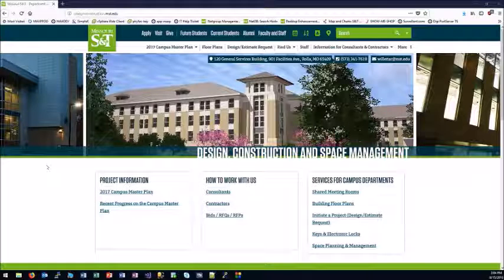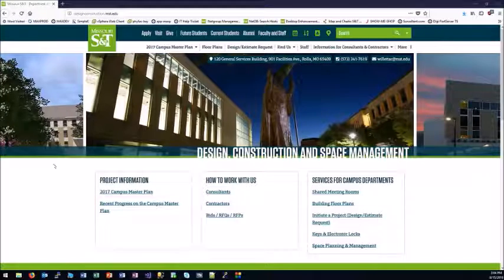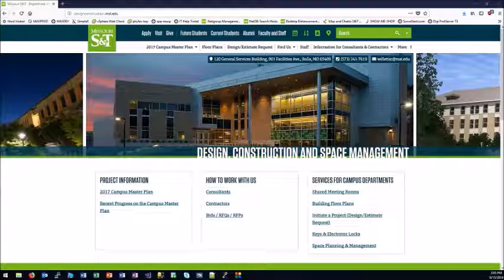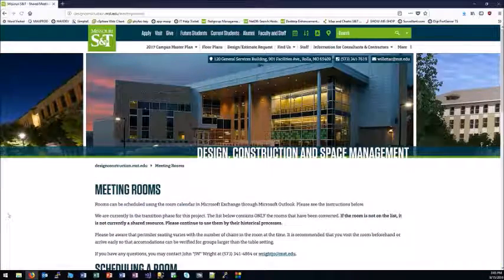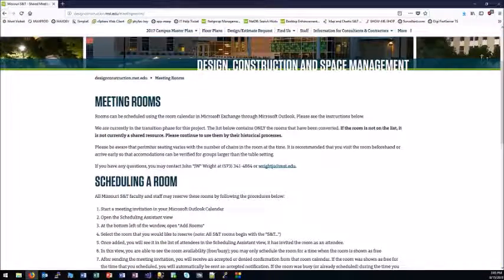In this section, I'm going to talk about some of the resources that we have available on the S&T website. If you point your browser to designconstruction.mst.edu, you get to this page here, the Design, Construction, and Space Management front page. On the right-hand side here, there's a section called Services for Campus Departments, and in there is a link called Shared Meeting Rooms. So if we click there, you'll find information about meeting rooms,